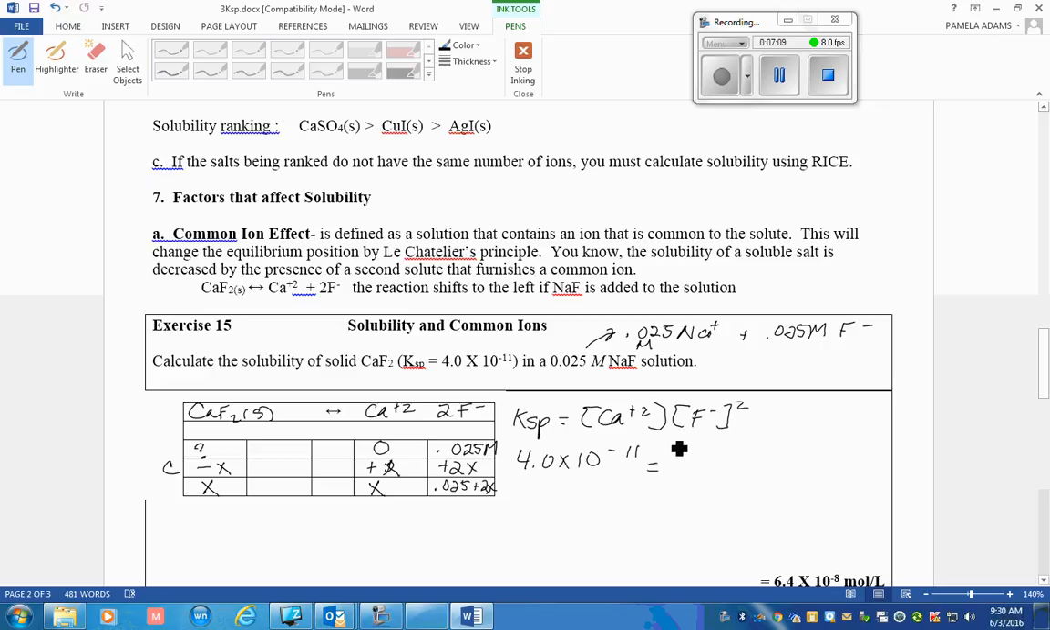Let's recall that in our previous K math portion, we were allowed to drop the X in certain cases. The certain case is when you have a very small K value, and the only time that you can drop the X is when the value is very small compared to the starting value. And this will be the case now. So we can disregard this 2X. When we do this math, X, our molar solubility of calcium fluoride, is 6.4 times 10 to the negative 8th molar. And in our Ksp work, we have learned that we generally say moles